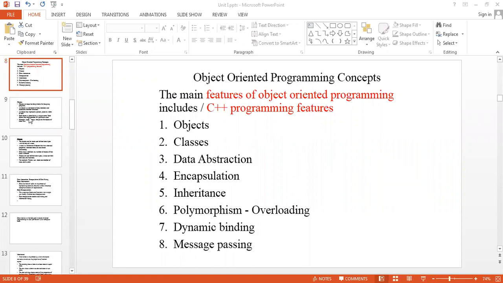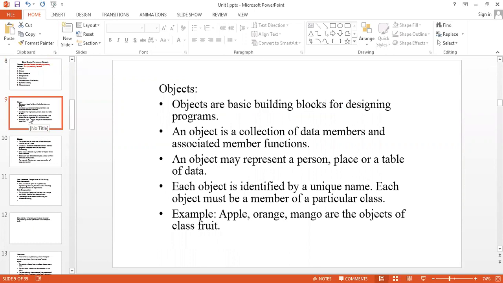An object is a collection of entities, or it is a building block for designing programs. It has a collection of data members, and each data member can be associated with a member function. Any object can represent a person, place, or table of data. Each object is identified by a unique name. Each object must be a member of a particular class. For example, if you are representing objects named apple, orange, mango, immediately we can represent the class